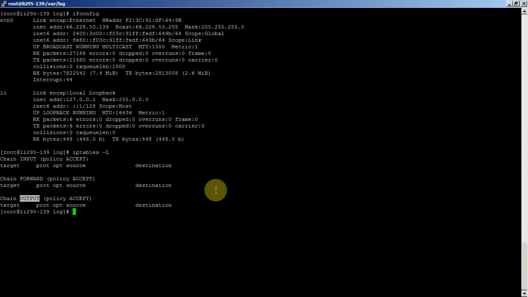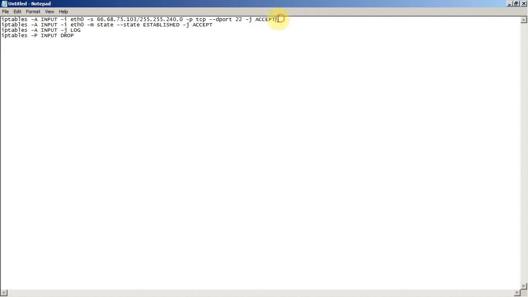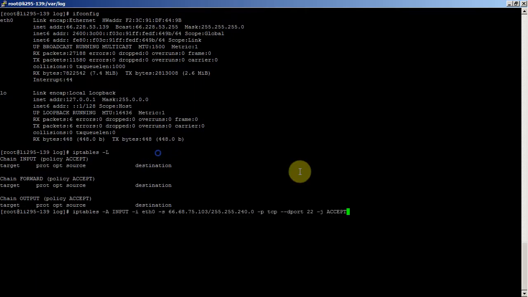So I removed the rules that I had on this system for demonstration purposes, and I put them in a notepad file so that it should be quick and easy to show you guys how to do this. So as I put the commands in, I'll just explain them. Pretty much all of the iptables commands will start with iptables. The first rule that I'm adding is iptables -A INPUT, which basically means append this